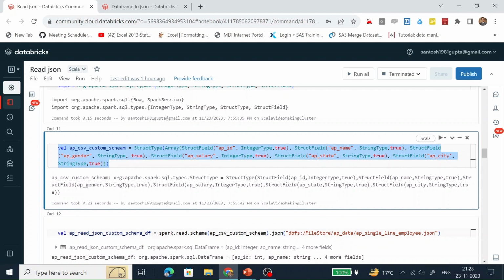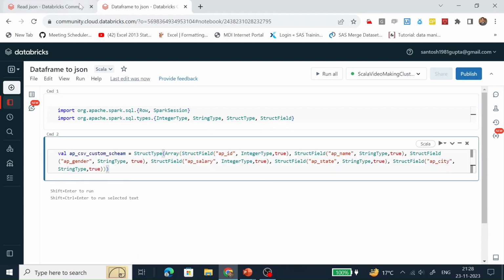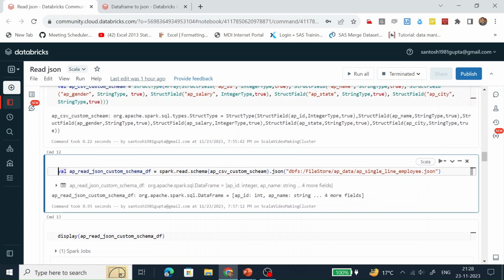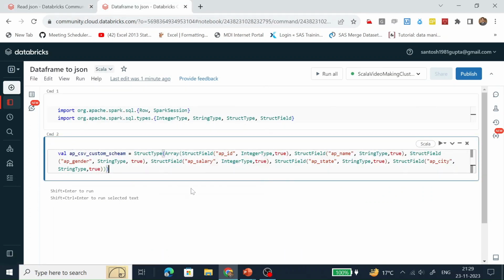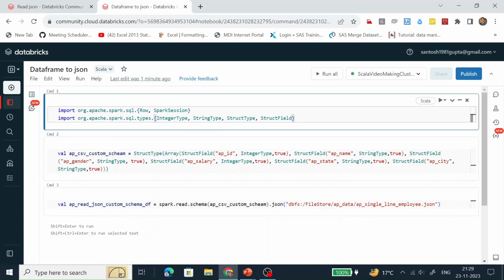This is the custom schema. This is reading the JSON file and creating a data frame. Let's run one by one.